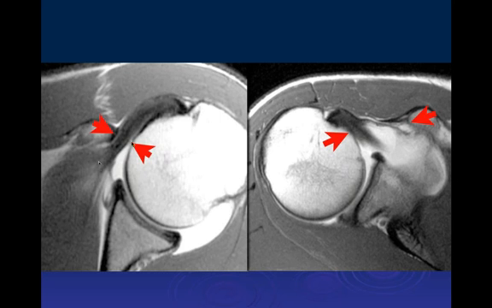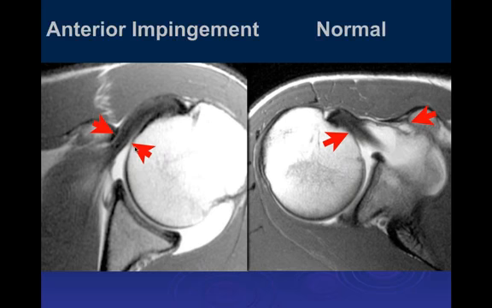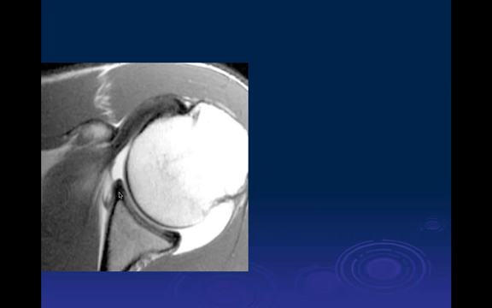And the distance here that seems to correlate with symptoms is 7 millimeters. So if you have less than 7 millimeters in the axial plane between the coracoid process and the anterior humeral head, then consider risk for coracoid impingement. Less than 5, I'm very concerned about. Now, there are several ways that this can happen. One is you can just have an abnormal